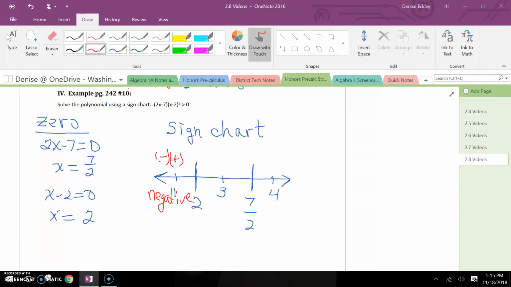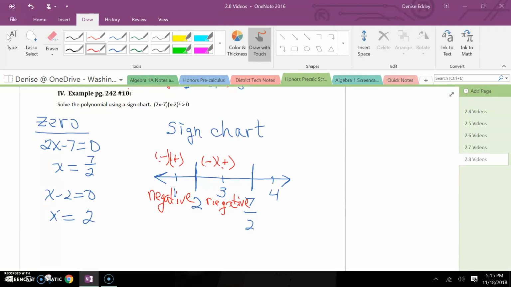Next, when we substitute 3 in, we get a negative value for the first parenthesis, and again, the second parenthesis will always be positive. So we have a negative section again. And that makes sense because if you think at x equals 2, we have a multiplicity of 2, which is even. The graph's going to touch and turn. So if it was negative, it's going to touch and turn at 2 and continue back in a negative